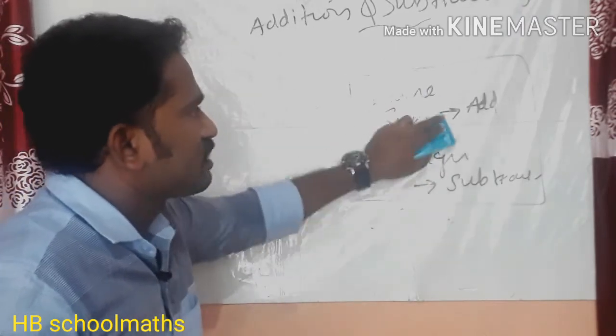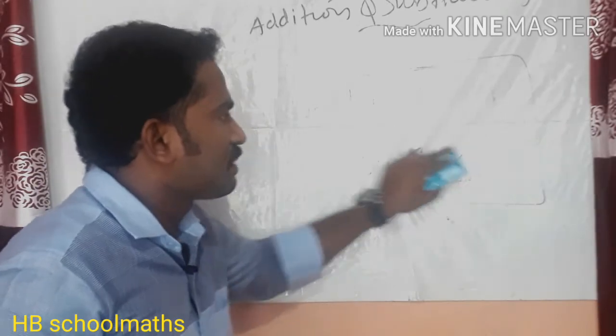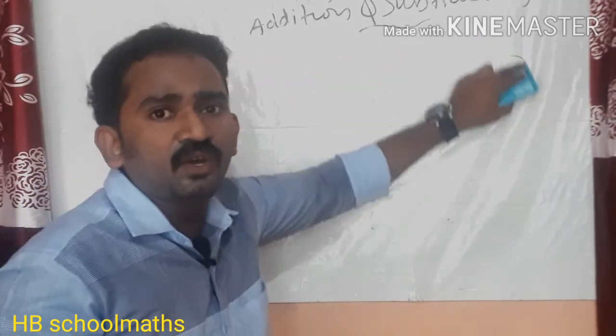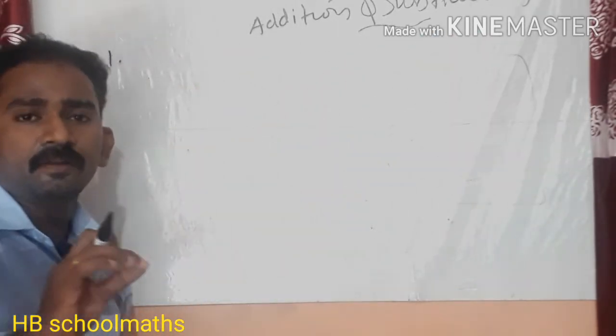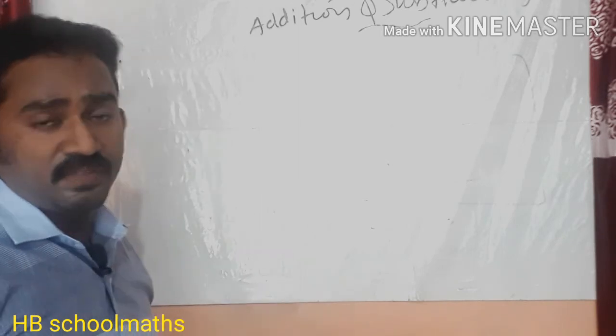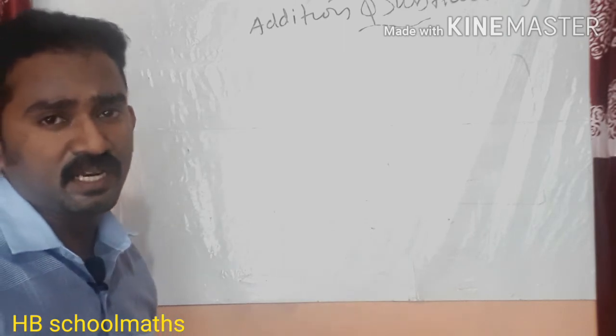Everything is understood now, same sign, different sign: same sign we will add and different sign we will subtract. After subtracting, we have to see the sign of the number whose absolute value is greater, and keep that sign in the answer. I explained, so everything is understood now. If you need more explanation, just comment, I will take further classes for that.